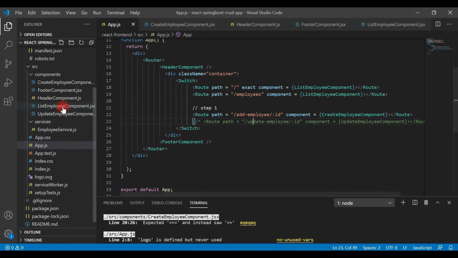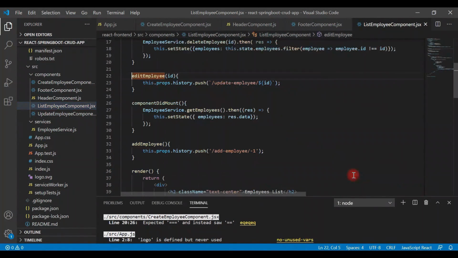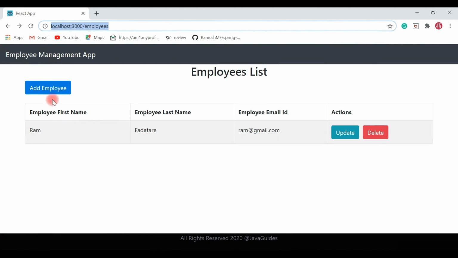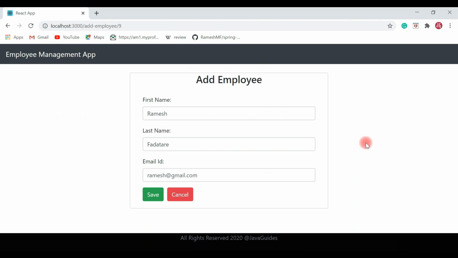So let's go to the list employee component and go to the update button, and once we click on update button, the edit employee event handler will get called, and this is update-employee. So let's change it from update employee to add employee. Save it and let's go back to the browser, refresh the link. Let's click on update button. Yeah, here we go. We have successfully navigated to the update employee page,